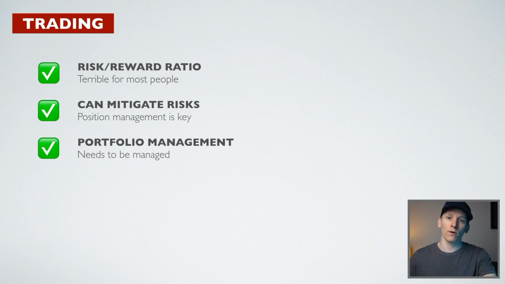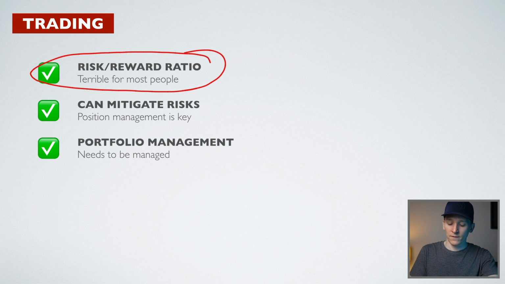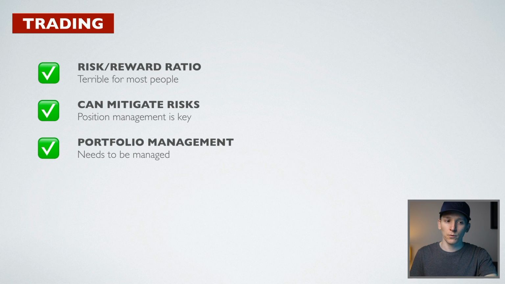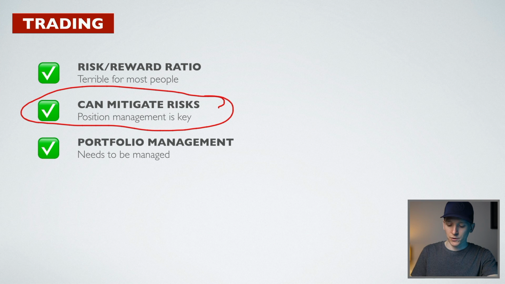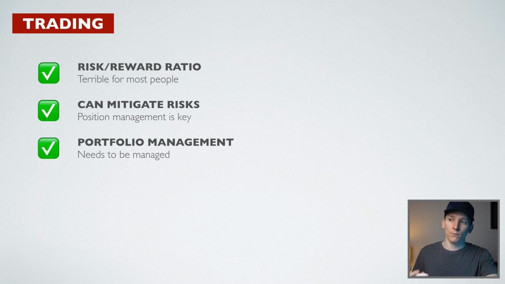The highest risk to reward ratio in crypto and in investing in general is trading or speculating on prices. A lot of people try this, so let's go through the risk and reward here. This for me is the most terrible risk reward ratio for most people. Trading is extremely difficult, but obviously the potential rewards are very high, but probably not commensurate with the risk. There are ways to mitigate your risk when trading, and I'll go through some of the methods that professionals may use to actually make money out of the market here.